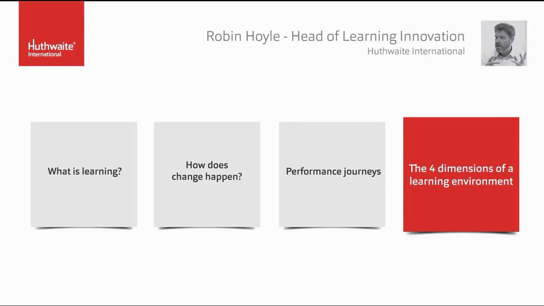In the first three parts we've talked about what learning is, that it's not just looking things up, that it is about acquiring new or modifying existing knowledge, skills, behaviour, values and preferences, and to do that in a way which is consistent with the organisational goals and the vision that the organisation has for its future. And that inevitably involves people in being involved in change and changing what they do, doing things differently and doing different things, and therefore we need to understand how change happens, where there might be resistance to that change and